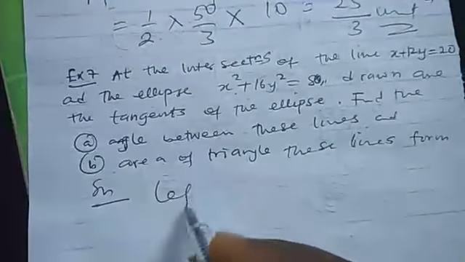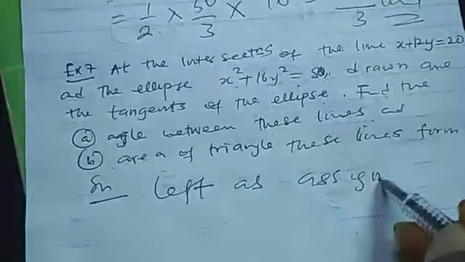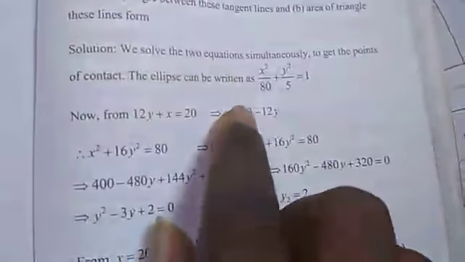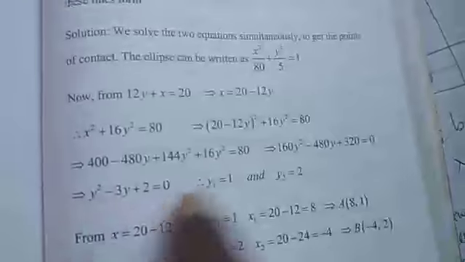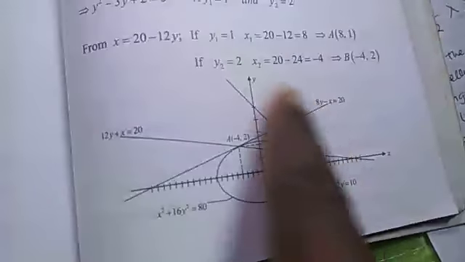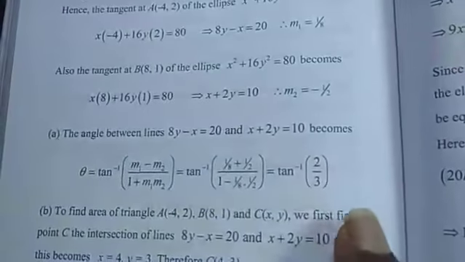So solution. You go and do this yourself. Left as assignment. You should go and do it yourself. It's an assignment for you. However, let me show you the solution. So this is the solution here. As you can see, we solve this simultaneously to get this. So this is the ellipse. Also, we have the tangents here. The first question,